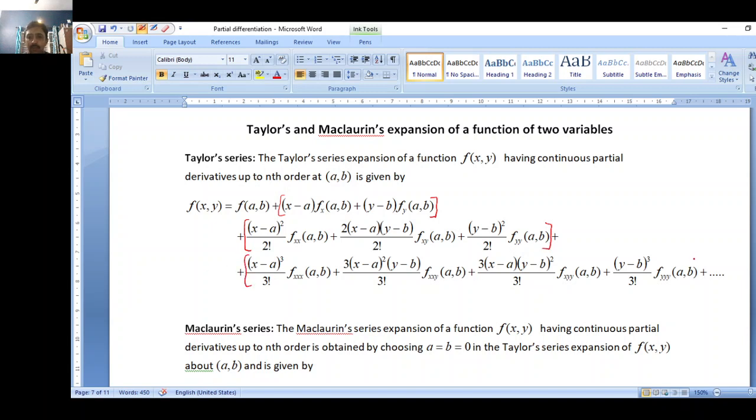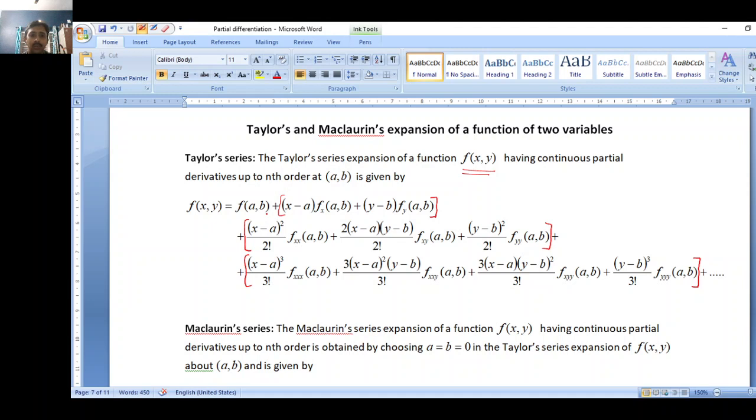So to begin with, we are given a function f of x comma y, and we are told that it has continuous partial derivatives up to and including nth order. And when I say nth order, this n depends on the number of terms that we are going to take in the series expansion. So the expansion is given by f of x comma y equals f of a comma b. That means you will simply have to find the value of the function at a comma b initially,